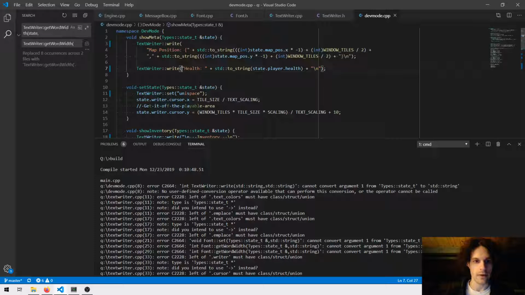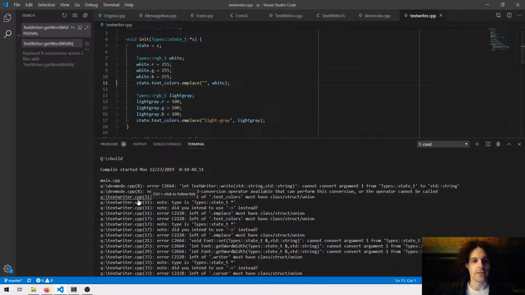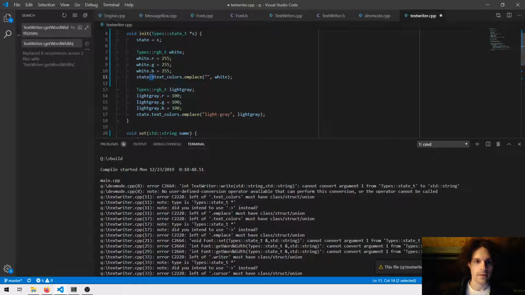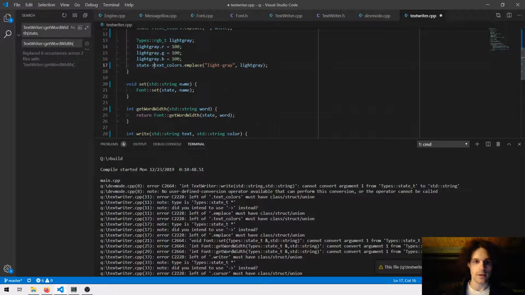But that's okay. And TextWriter is going to have a lot of things where I need to use that kind of syntax. So state